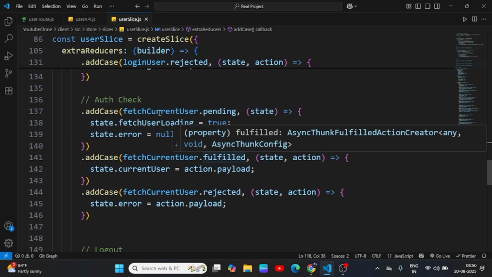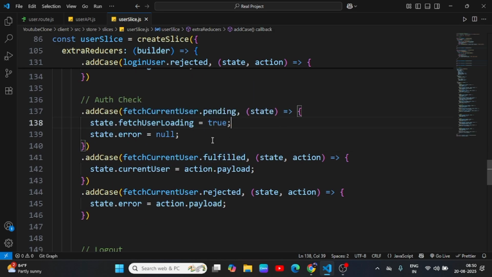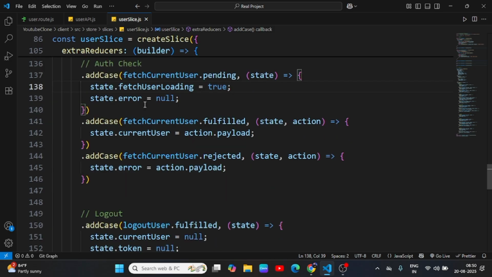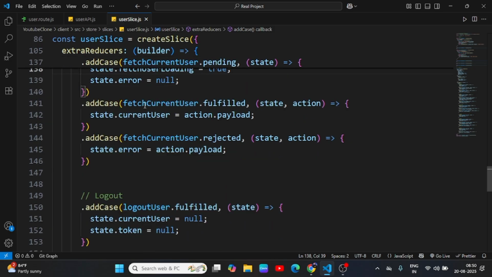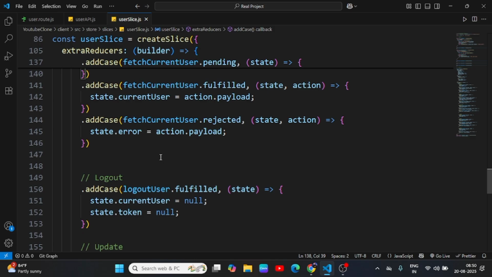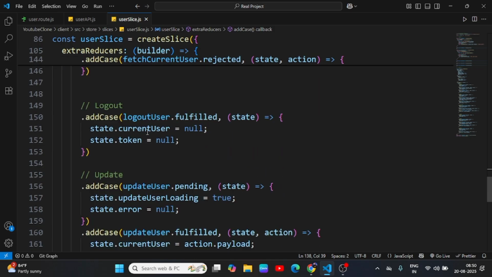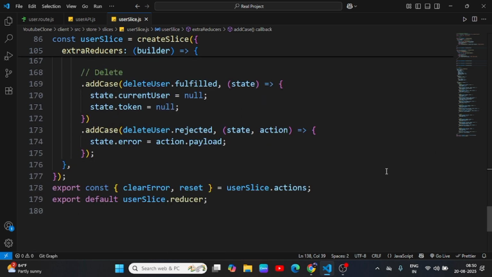And then fetchCurrentUser. Same: first we make loading true, and error null so there is no error, and then fulfilled, just action.payload as currentUser. Then rejected, action.payload as error, that's it. And then logout, I'm only using fulfilled, currentUser null, that's it. So this is my four